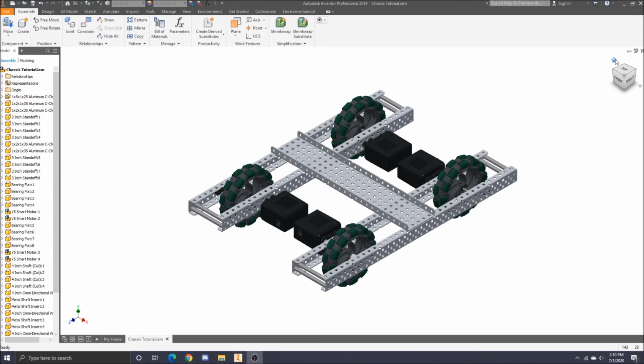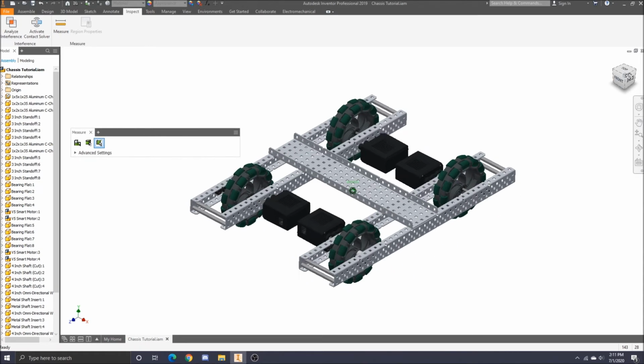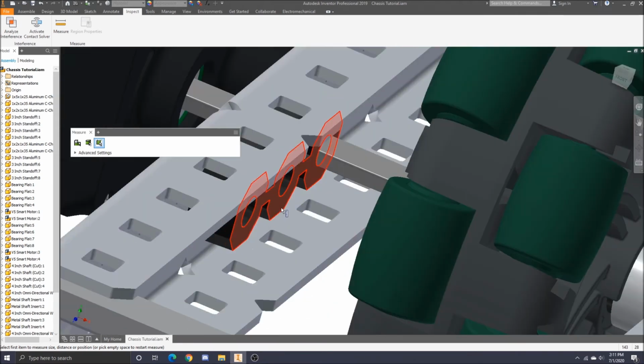Okay, so now that we know where our wheel is going to be relative to the sides, we now need to figure out what the remaining space is going to be. So this will require some mental math, but bear with me. The first thing we're going to do is go to inspect and measure. If you don't remember the measure tool, don't worry. I'll explain it again. We will want to select two faces we want to find the distance between. Because we want to know how much spacing we need between these two, I'm going to select the bearing flat